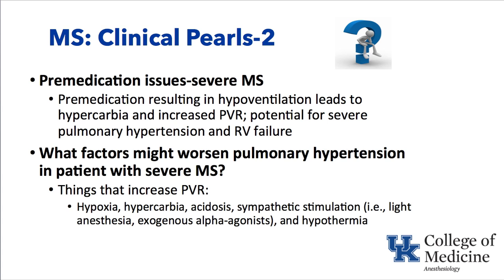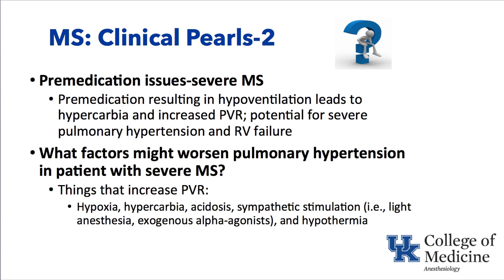So some factors that might worsen pulmonary hypertension in a patient who has severe MS and blood backing up already and pressures backing up into the pulmonary system, it's all the bad things. Hypoxia, hypercarbia, acidosis, light anesthesia where norepinephrine levels go up and cause vasoconstriction through alpha-1 mechanisms. And exogenous alpha agonists like norepinephrine and phenylephrine can raise pulmonary vascular resistance. Vasopressin may not have quite so much effect on the pulmonary vasculature as does